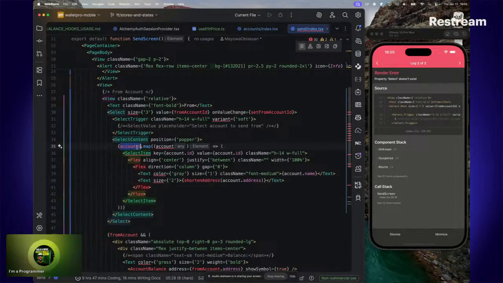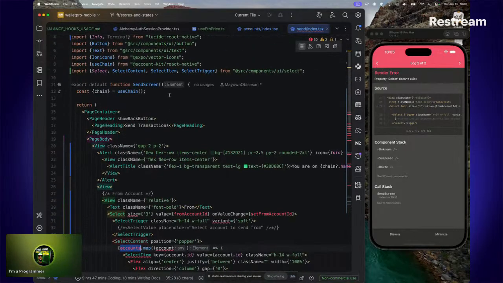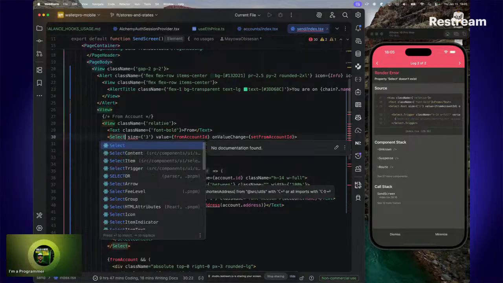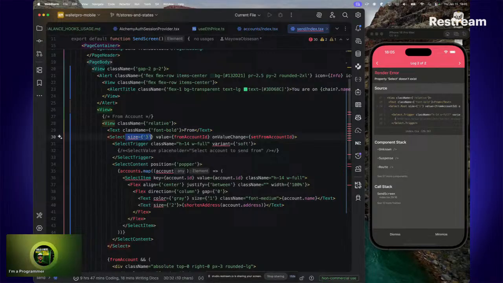So currently the accounts here I have are just, okay, we don't have this size, we don't have this size for our select. You can always just style the